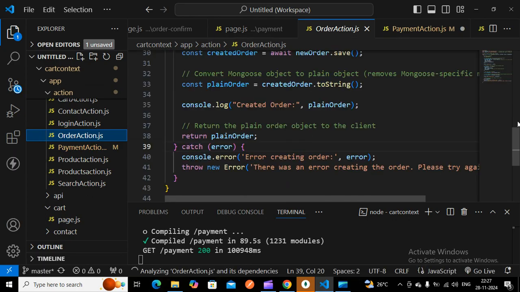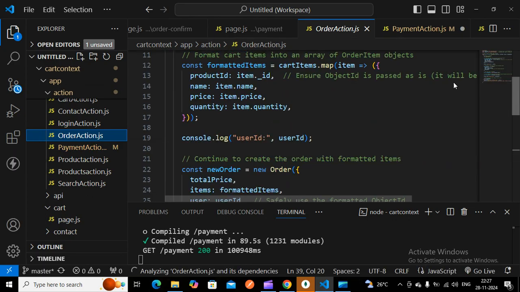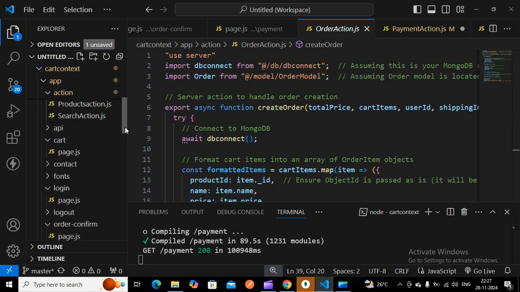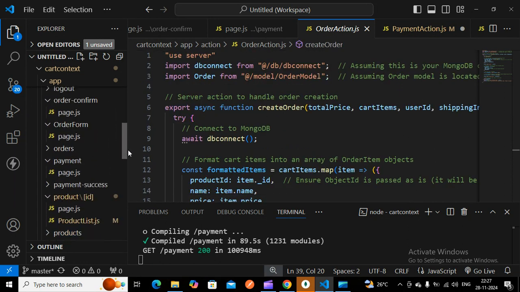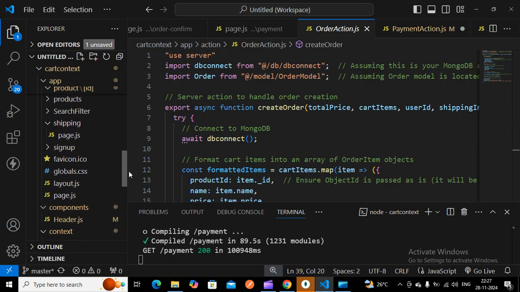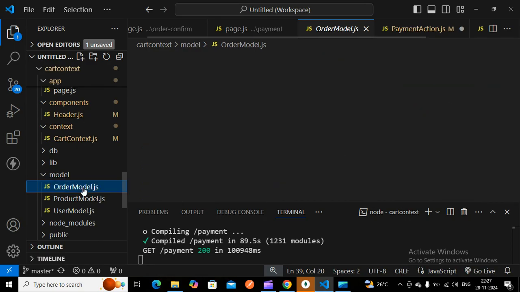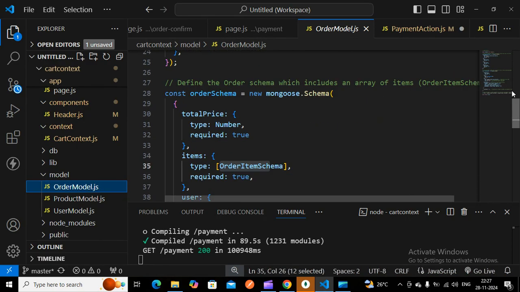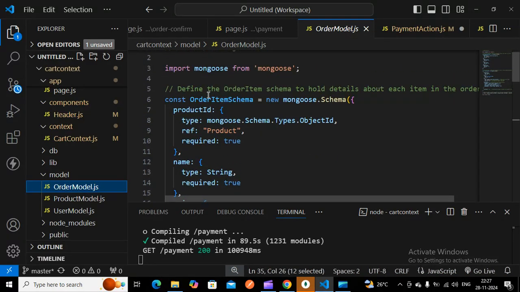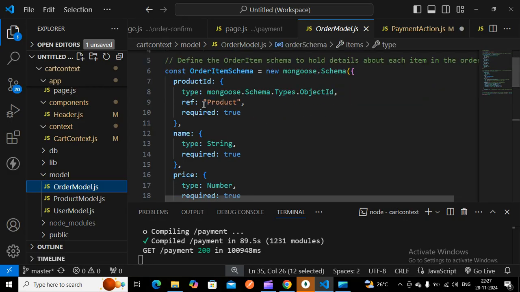Before this, I have to create a model, an order model. In the order model, the order item schema has the product ID, name, price, and quantity, since this is a cart item.